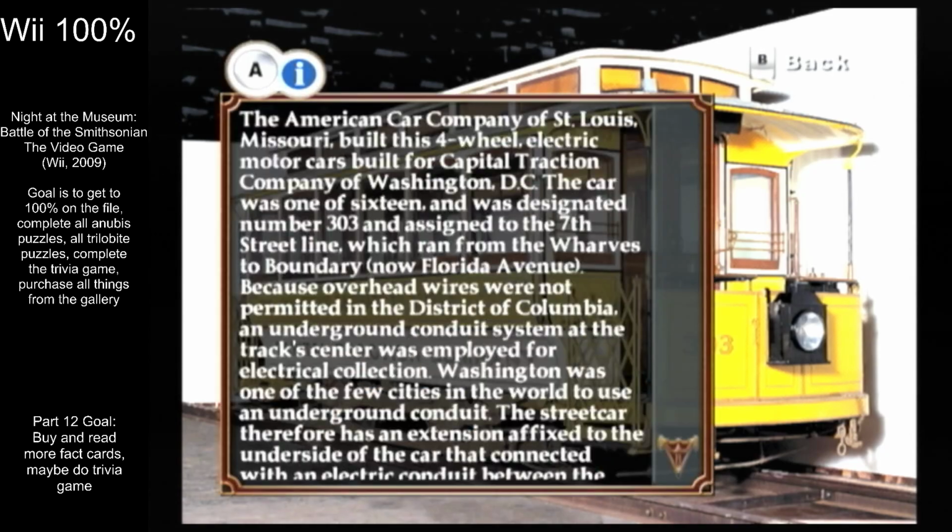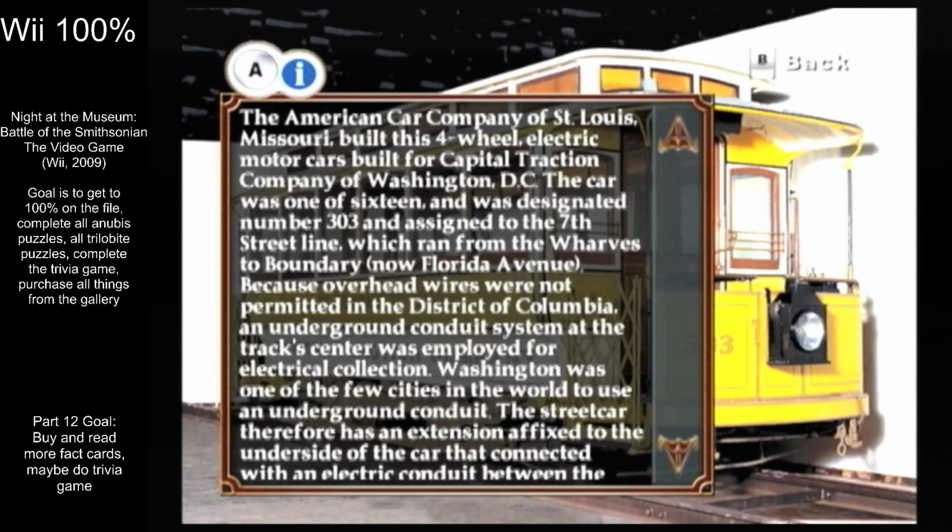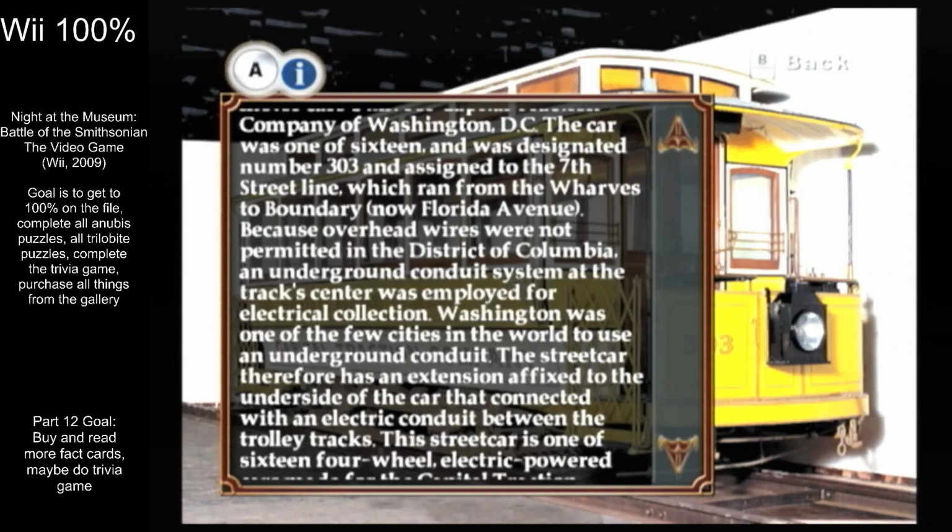The American Car Company of St. Louis, Missouri built this four-wheel electric motor car, built for Capital Traction Company of Washington, D.C. The car was one of 16 and was designated number 303 and assigned to the 7th Street Line, which ran from the wharves to Boundary,